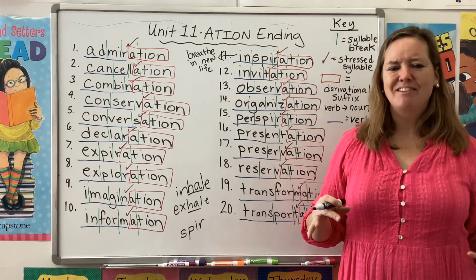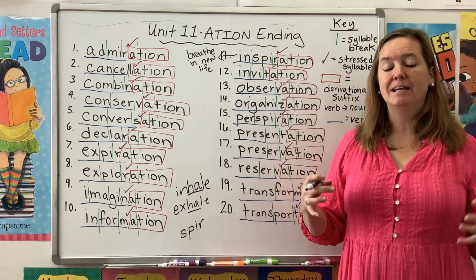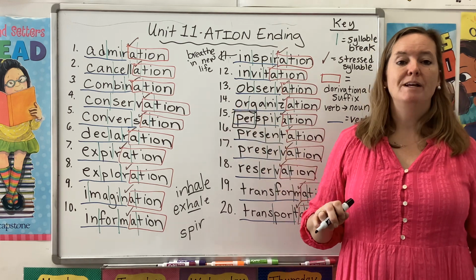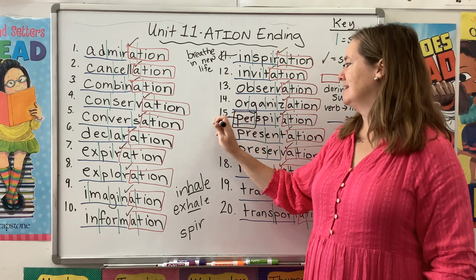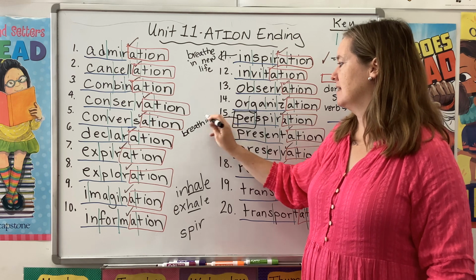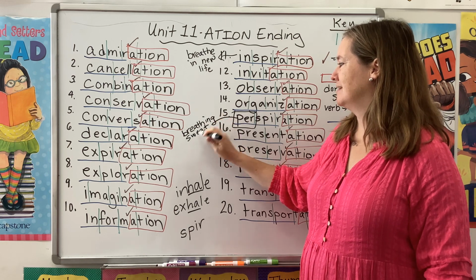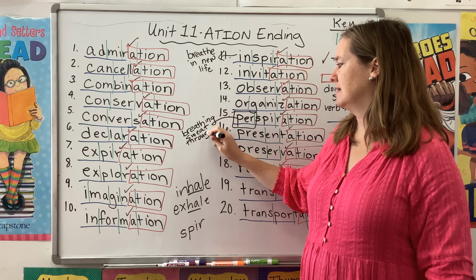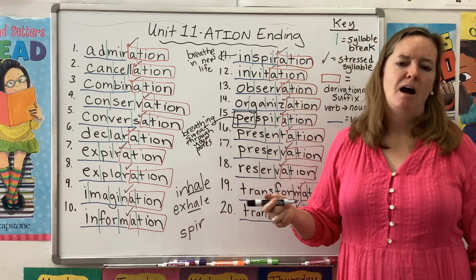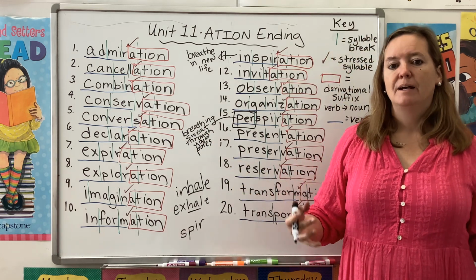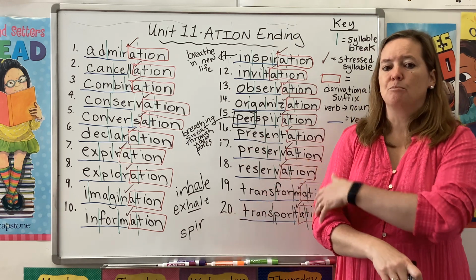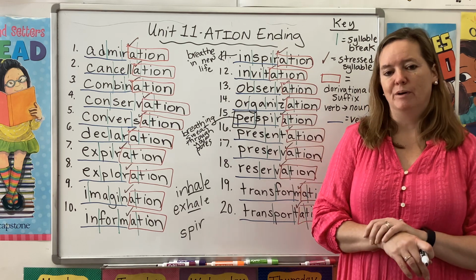Perspiration doesn't have anything to do with breathing, right? It's about sweat. But per means through. So when you perspire, you're breathing sweat through your pores. I know that doesn't make sense. But a lot of our words have kind of weird beginnings. So when you perspire, you sweat. It's loosely related to this breathing thing because, you know, it's like you're breathing sweat out of your pores.